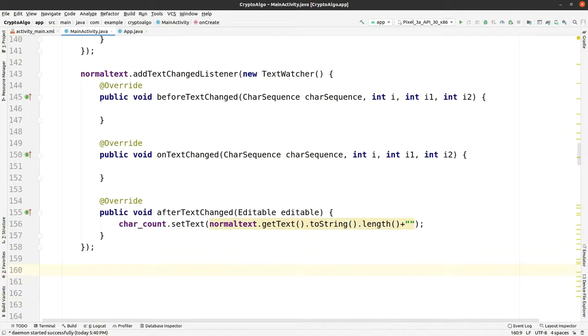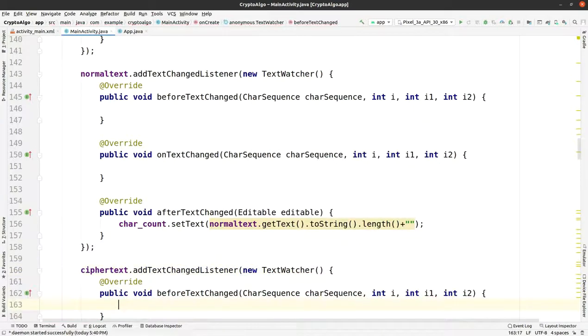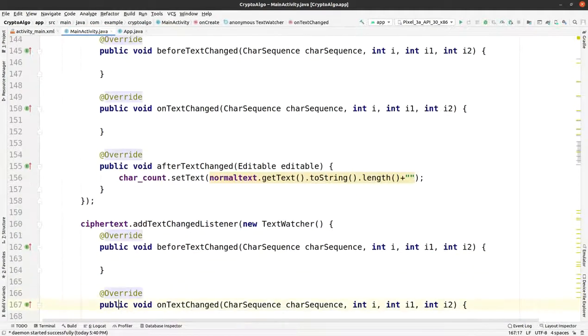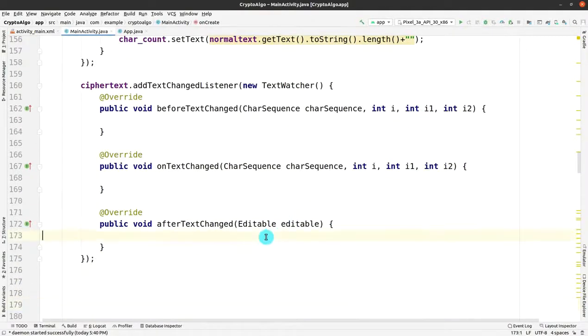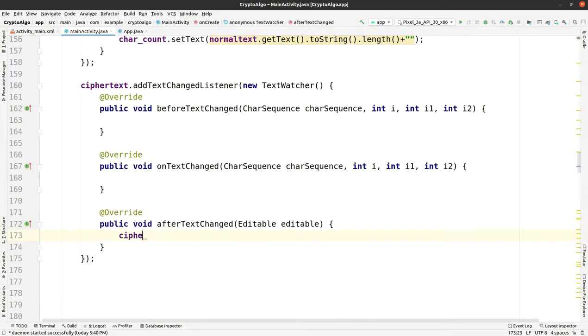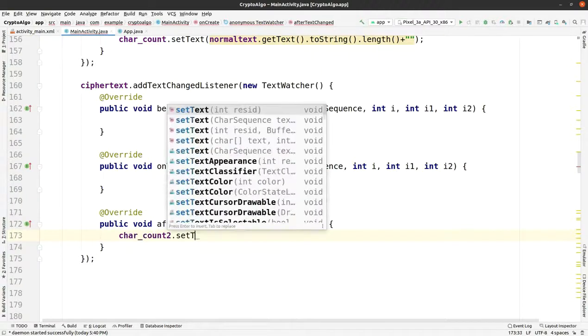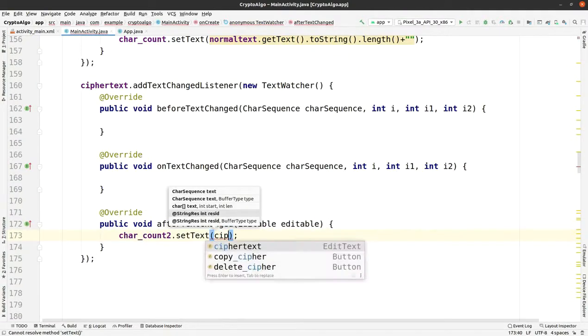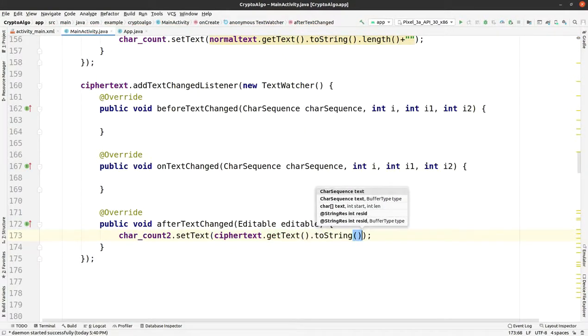It will count the characters of the encrypted text. So just make it the same by using the text watcher. Within the last function here you have the char count 2 variable for the ciphertext, then set text, and it is ciphertext dot get text toString dot length plus null. Okay, so it is done.